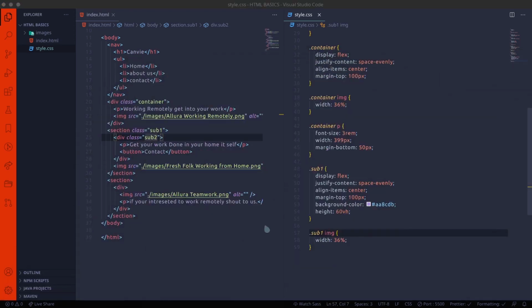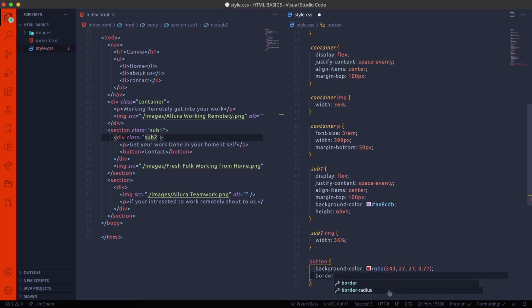And now we want to style our button. So this button, I'm referencing button. Now button to be background color. For background color, I'm using the RGB value. You can use anything like red, anything you want. And the border radius to be 16 pixels and width 20%.